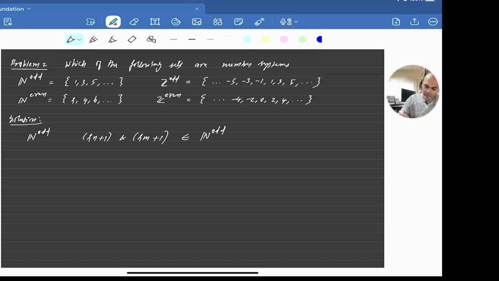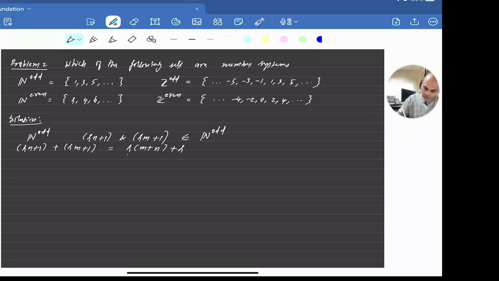And let's add them, 2n plus 1 plus 2m plus 1, and we will see that we are going to get 2 times m plus n plus 2,